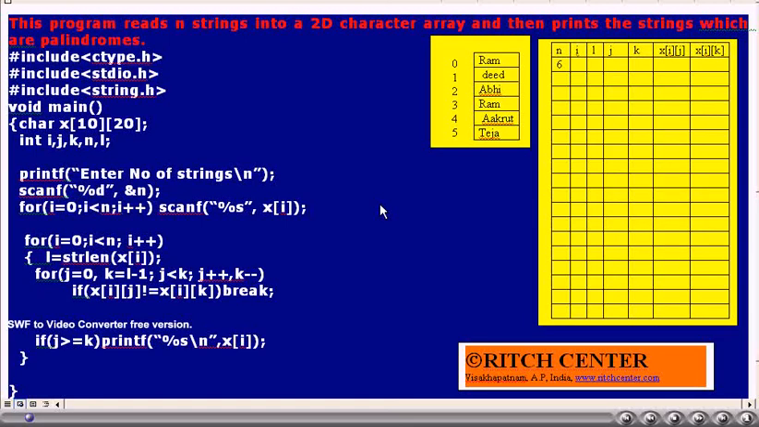Here also, we do the same. The outer for loop takes string after string. The inner for loop will allow us to check the pairs of the